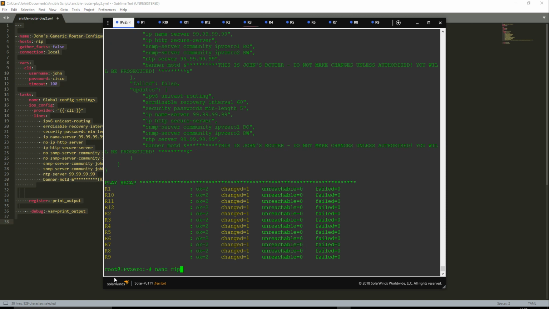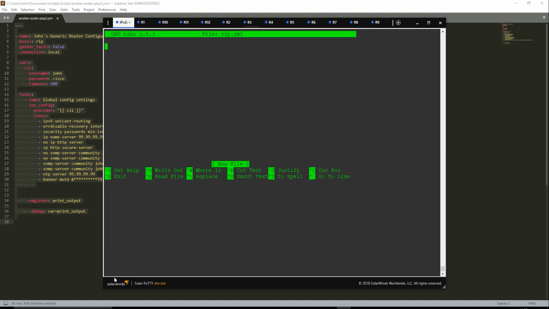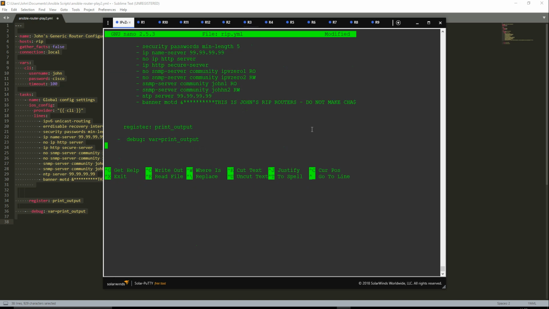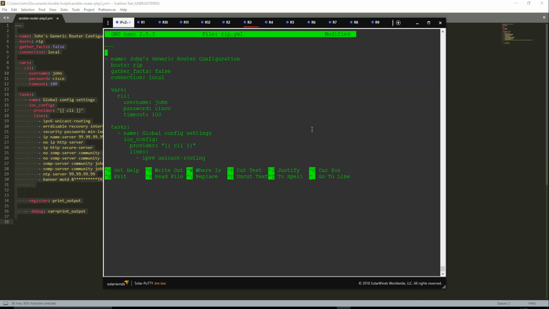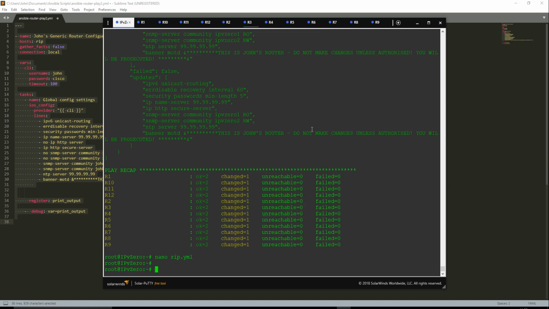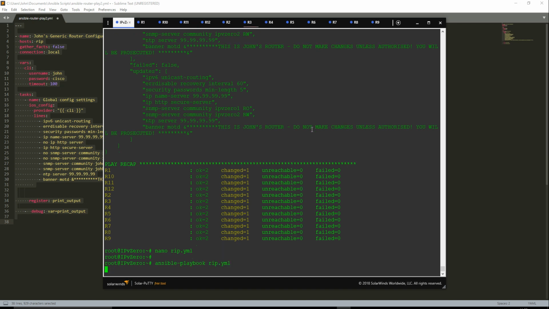We'll just call this rip.yaml. So that's going to have the changes in here, and maybe change that to John's generic RIP configuration. That seems to be fine. Write that out. Now if we run the Ansible playbook on rip.yaml,